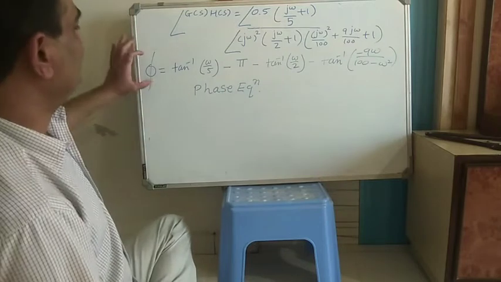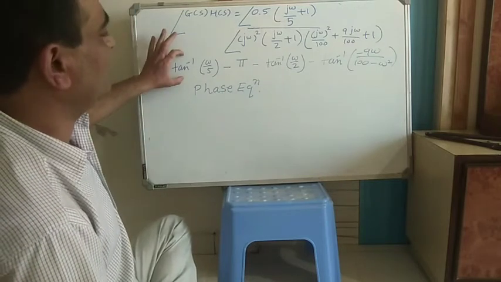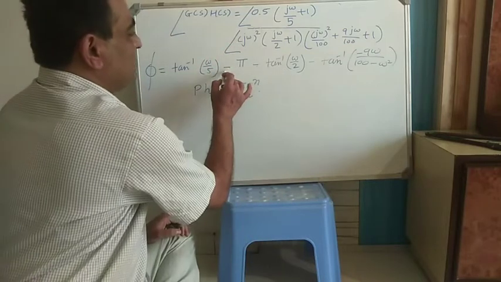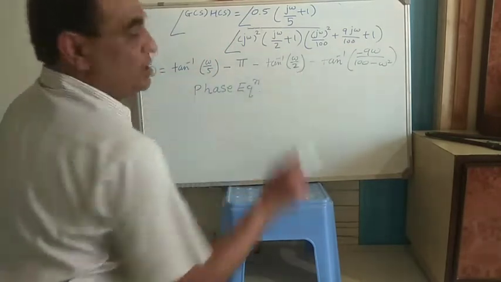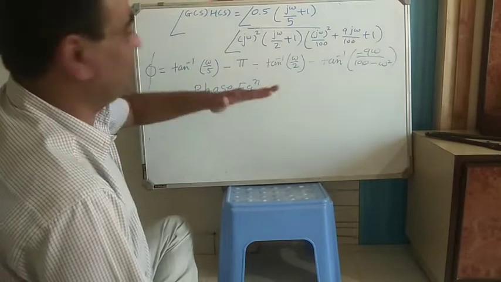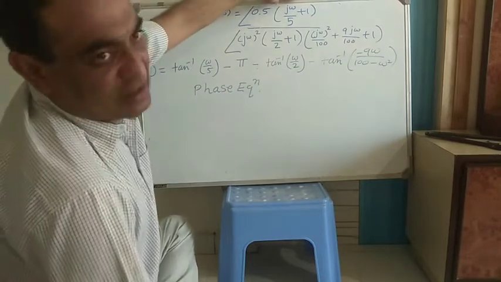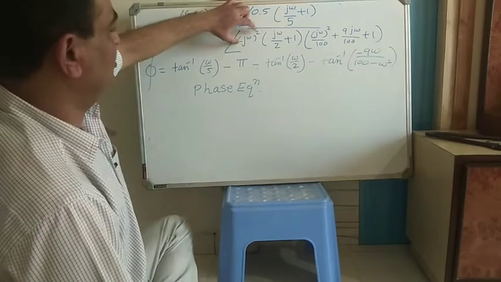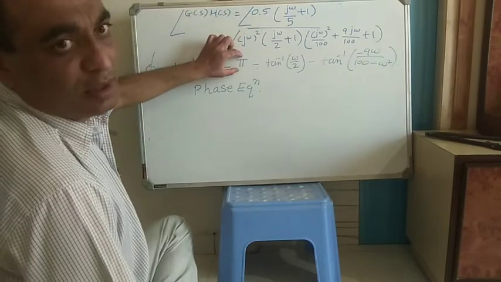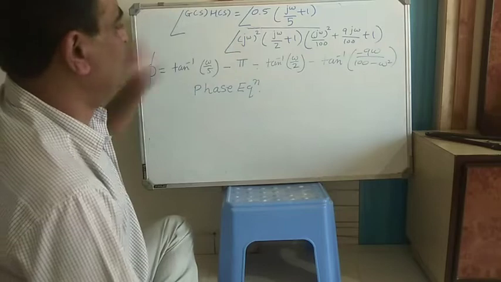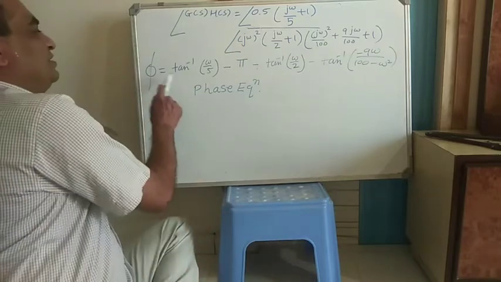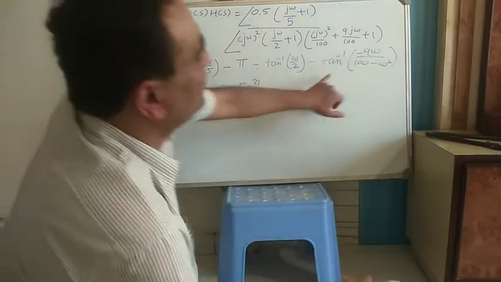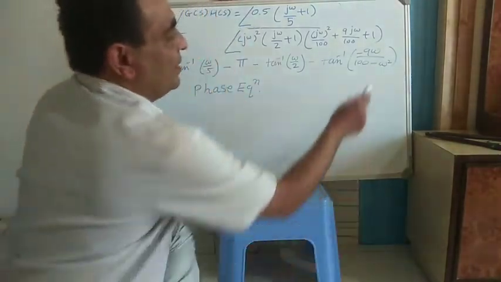The phase equation is phi is equal to tan inverse of omega by phi minus, see, note down that this is minus, this is minus, this is minus, because there are three terms in the denominator. This is plus because that comes from the numerator. This is the s square term, so the s square term is 2 times pi by 2. So the phase equation is minus tan inverse of this, minus pi, minus tan inverse of this, and this is from the second order term.